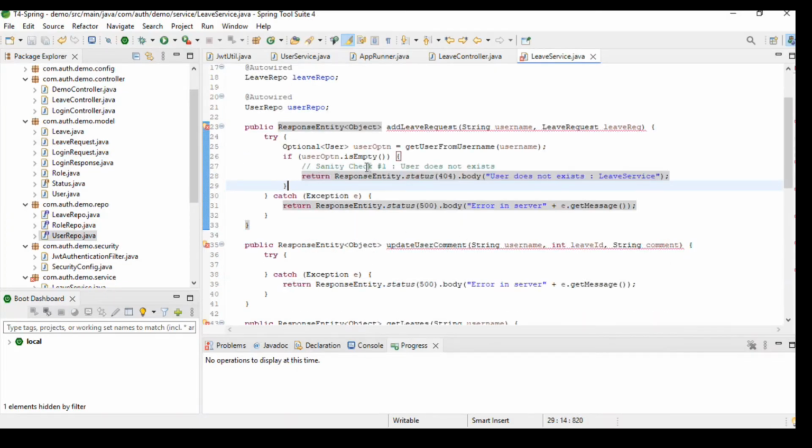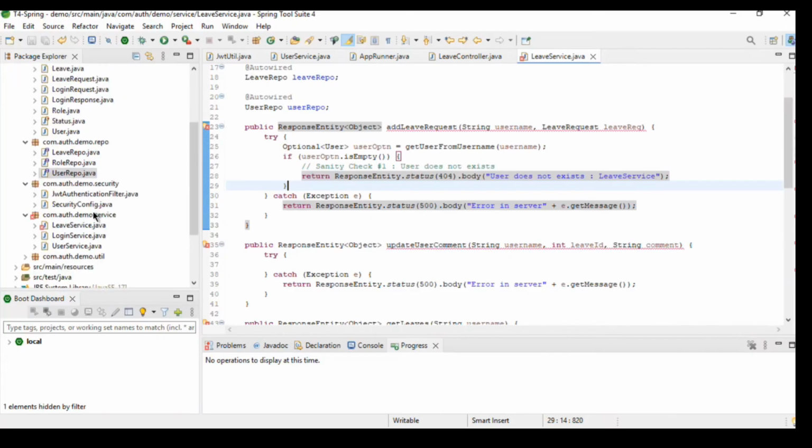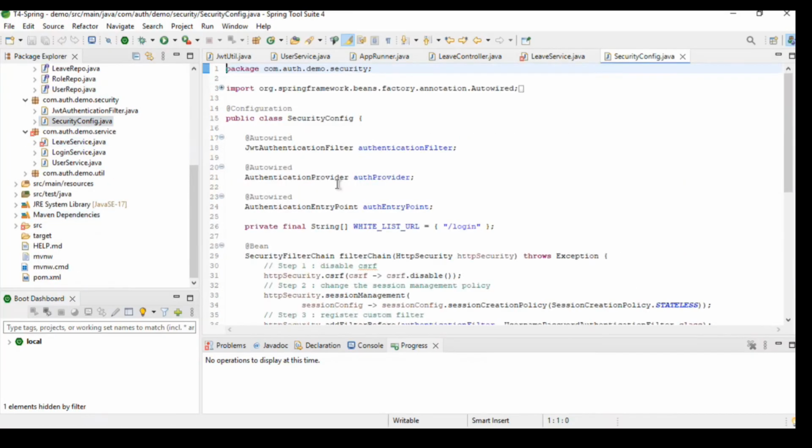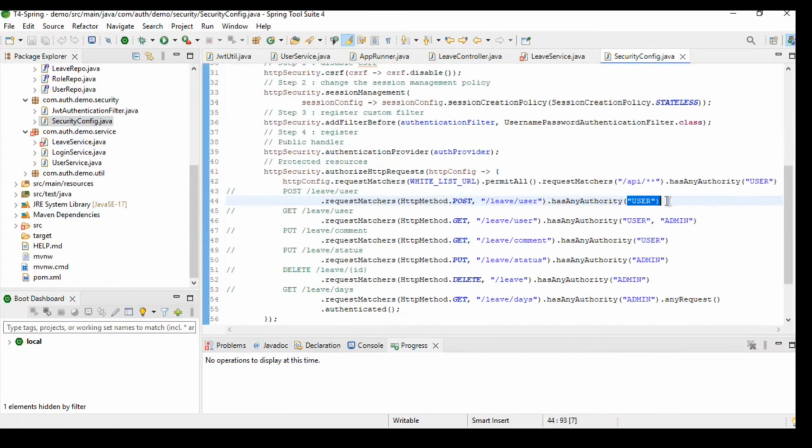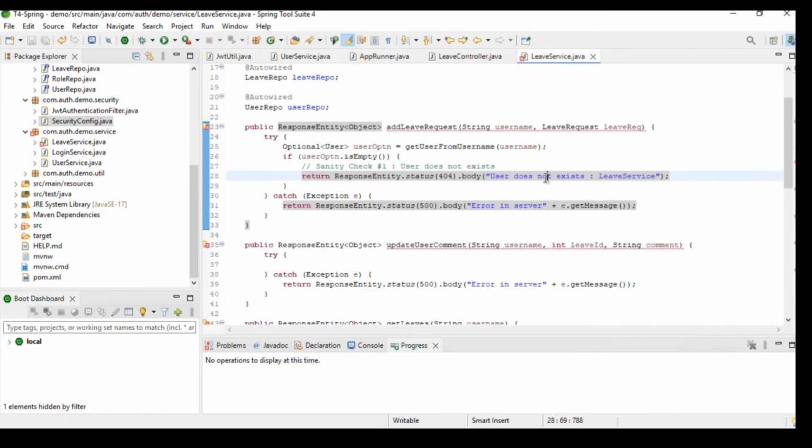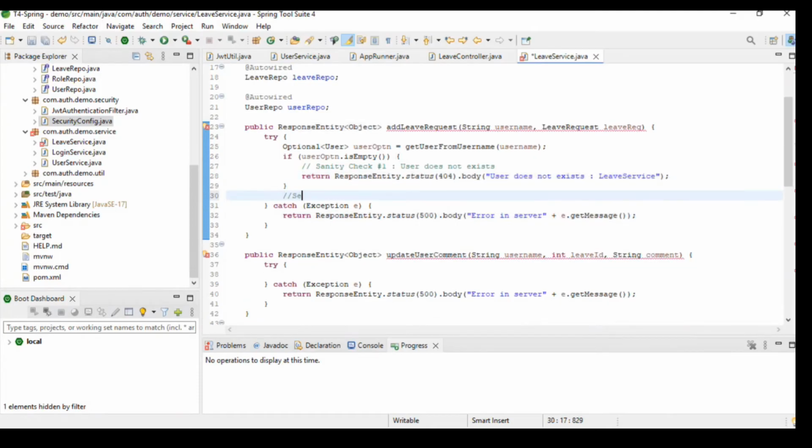Okay. And then we also want to control the role from the user. So you might argue that the role configuration, the security configuration, we have already done, right? We have already defined which endpoint is accessible by which role. So I'm going to say we are going to have a sanity check number two that will tell which role this user has. Why do we need it? Because